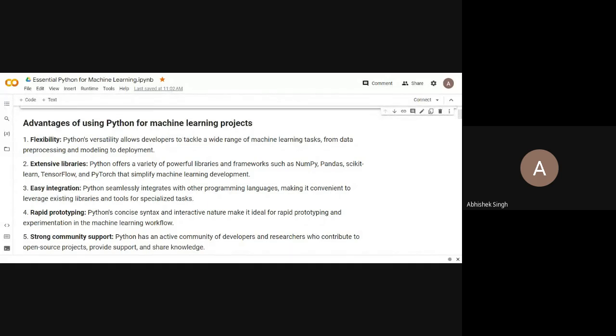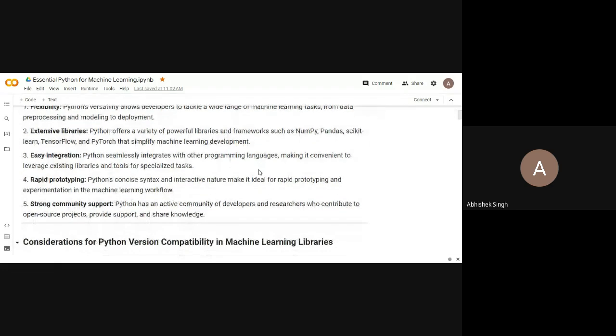So existing libraries and tools can be used conveniently for specialized tasks. Python supports rapid prototyping. You can rapidly make some prototypes. You can just release those versions and see how they are working. And one most important thing is again strong community support.